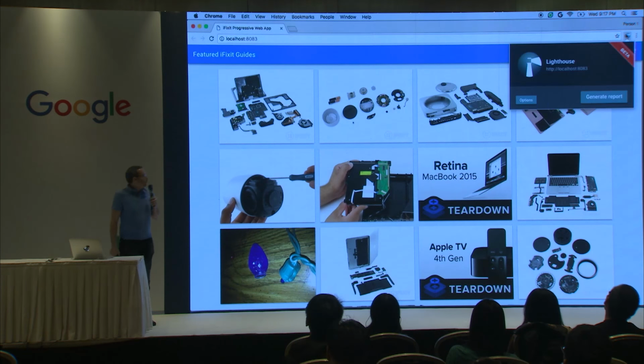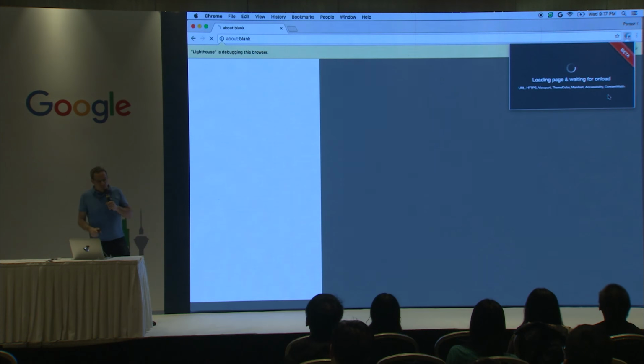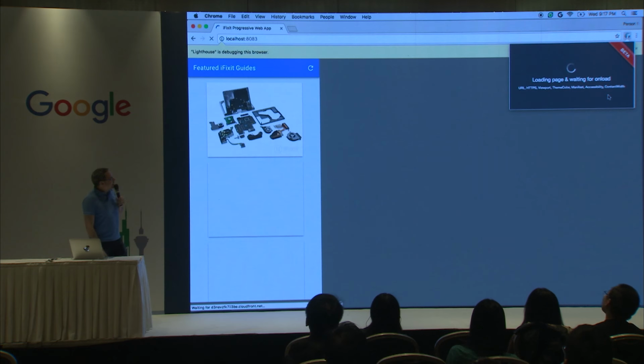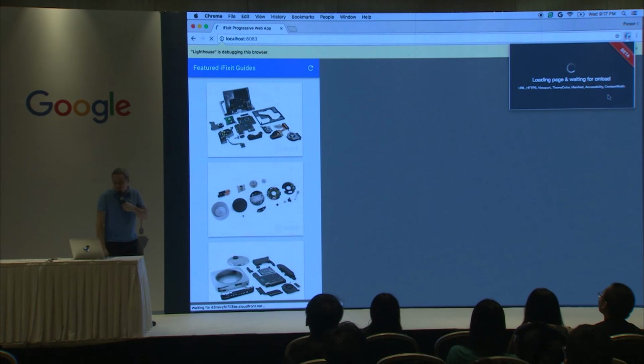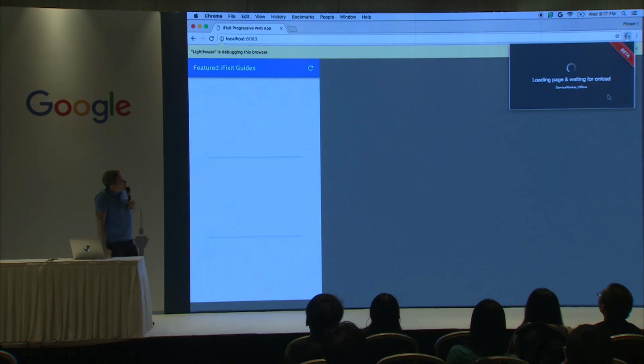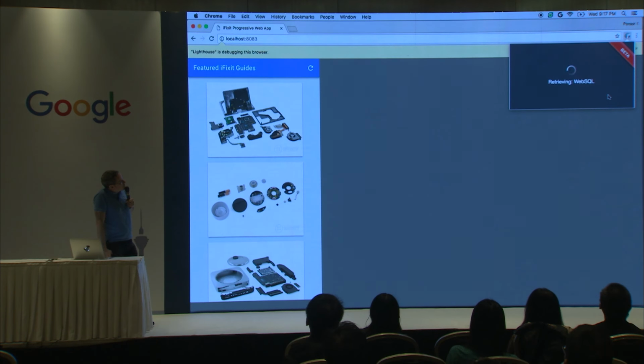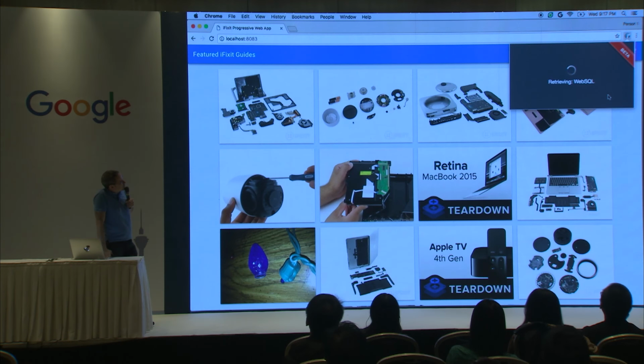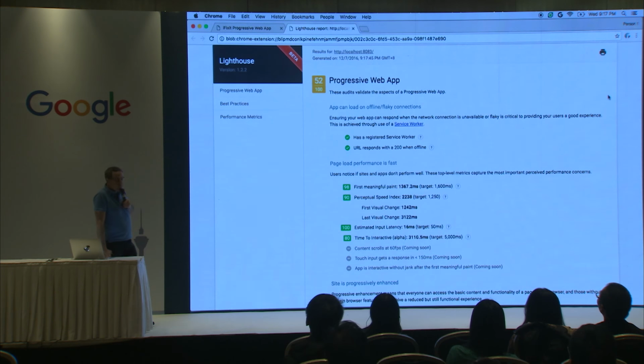Okay, so now that we have our service worker in place, let's run the Lighthouse tests again and see how this works. So it loads the page, renders the trace, loading page again, rendering, loading, rendering. So 20, 37, 52.